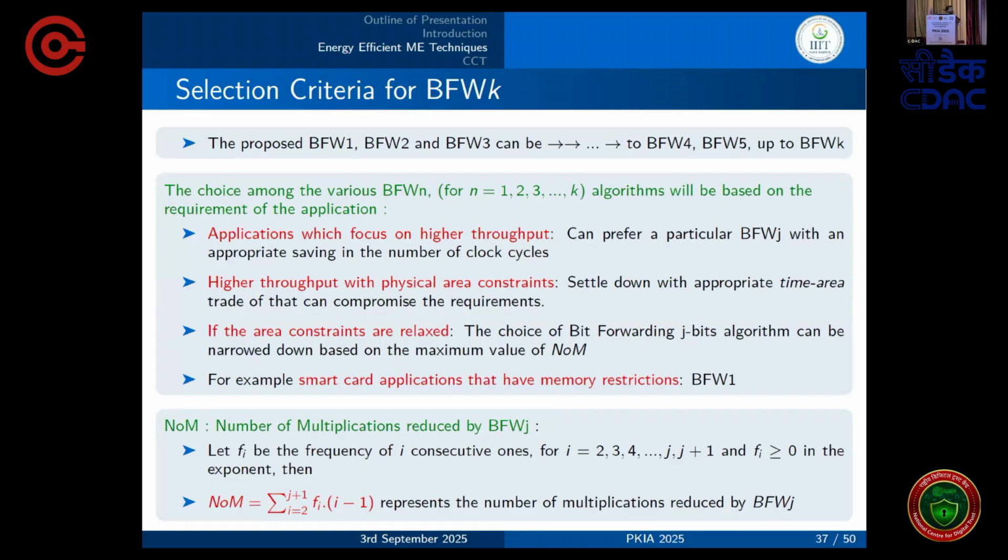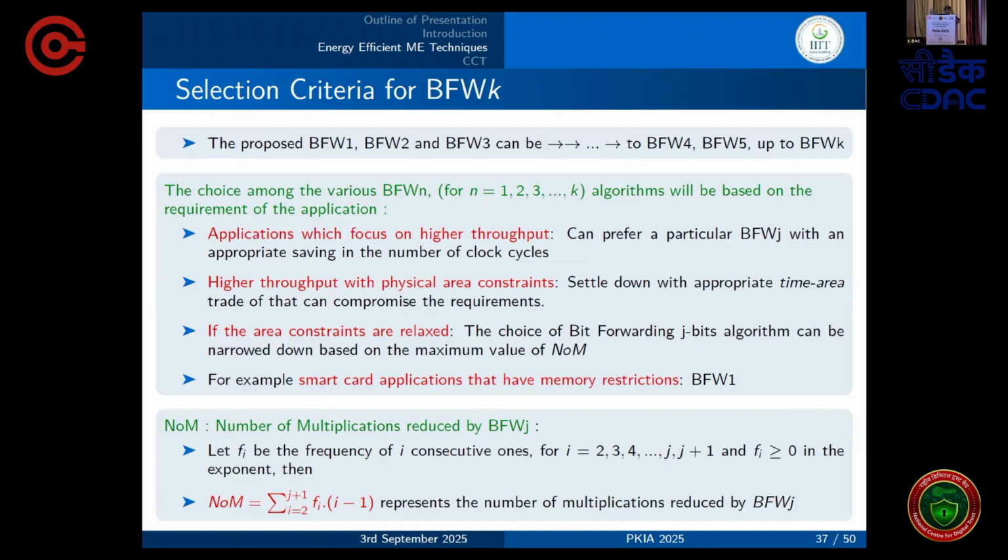Now, our conference theme is public key infrastructure and its applications. So where can we use these algorithms? If you are using a high length key like 512 bits or 1024 bits, it may not be applicable to IoT devices, because IoT devices are memory constrained. But for servers, banking servers, or data maintaining servers, where we have huge memory, these techniques are directly applicable.